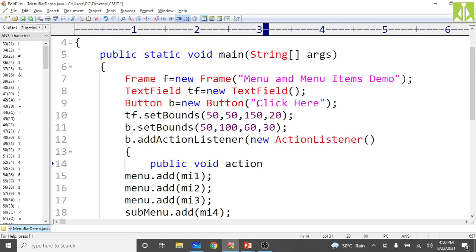So this action listener will listen to that event, and addActionListener will add an action listener to that button. b.addActionListener will add an action listener to this button, and it will keep on listening to the event.